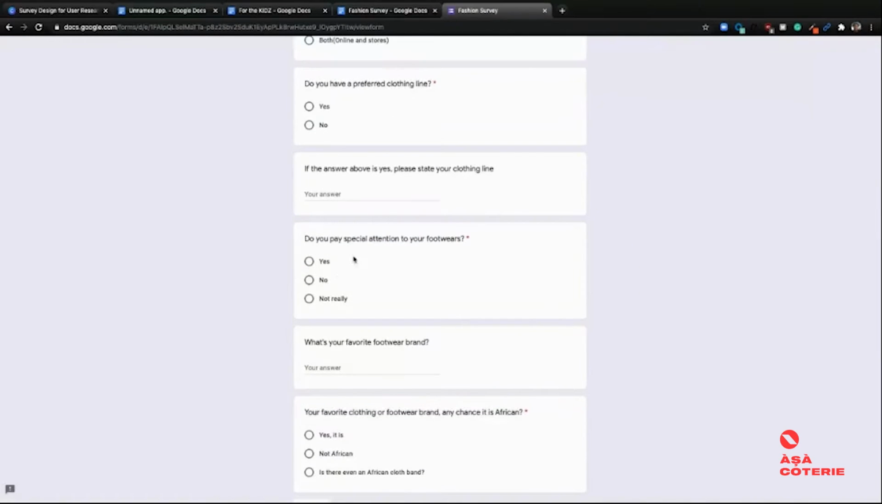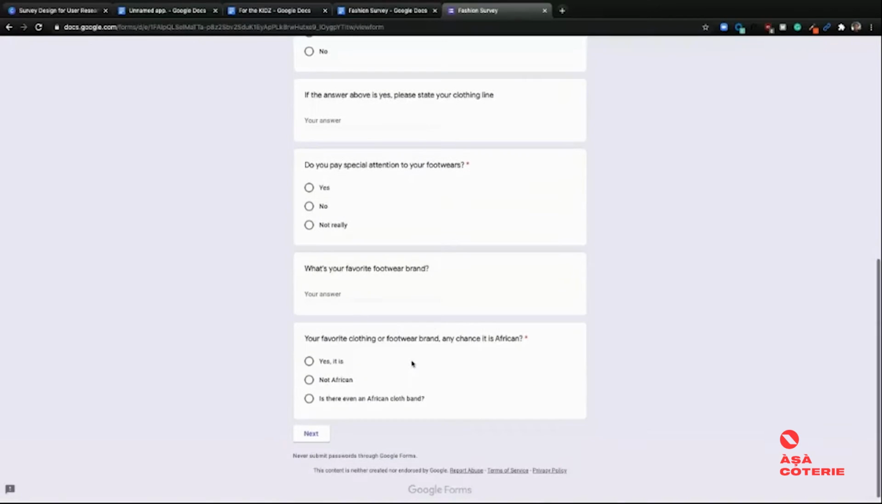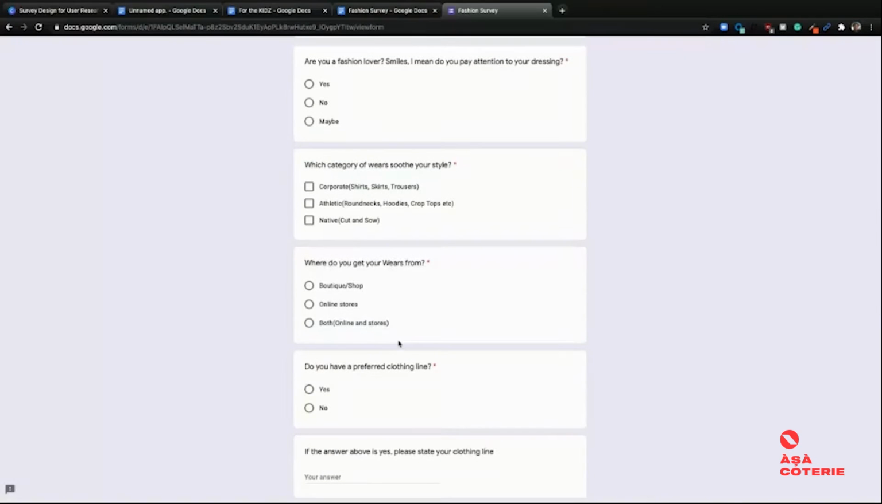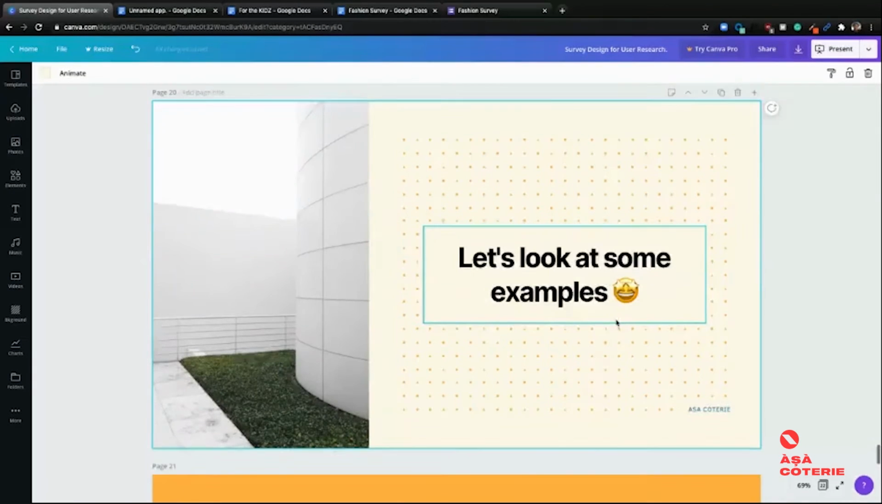Do you pay special attention to your footwear? It's like, yes, okay. What does that do for you? Not much. It helps you understand again what they shop for or what they care about, not how they shop, right? So that's just an example of what happens when you don't create a plan for your surveys. So yeah, just to wrap things up a bit,